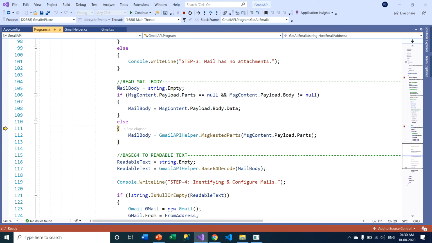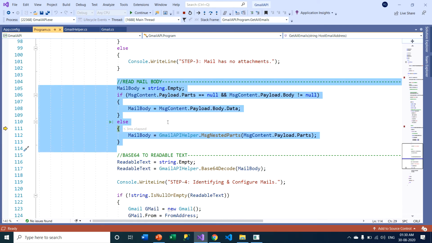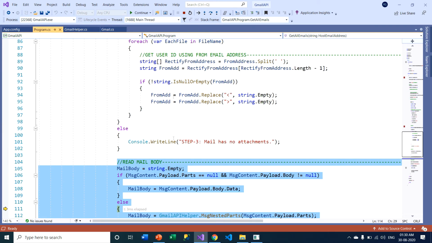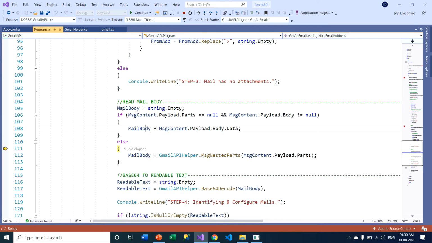Right now I am reading mail bodies. After reading the attachment section, we are reading mail bodies. First we need to check that message content.payload.parts equals null, or message content.payload.body is not equal to null. That means this message content has no nested mails, because one mail can have a lot of replies, a lot of nested messages.